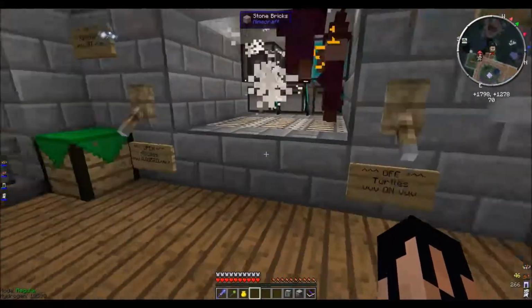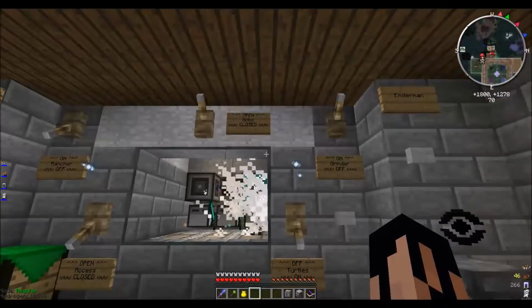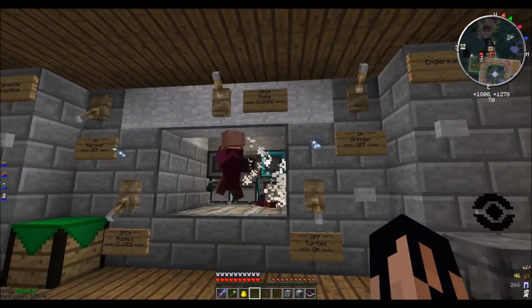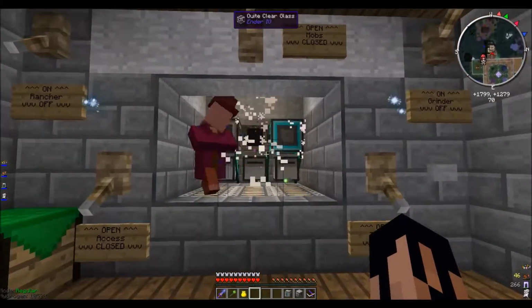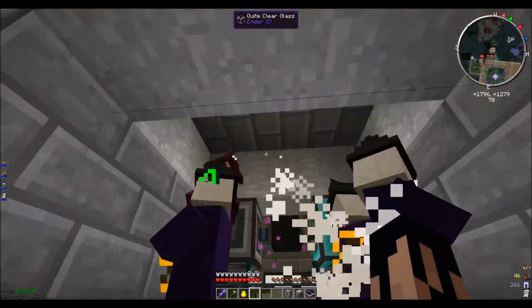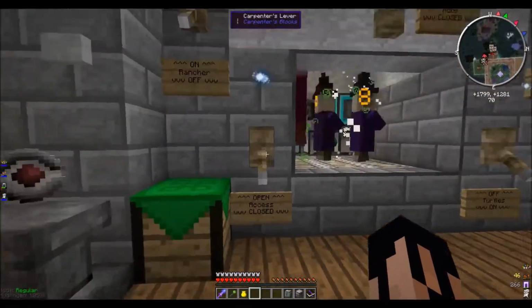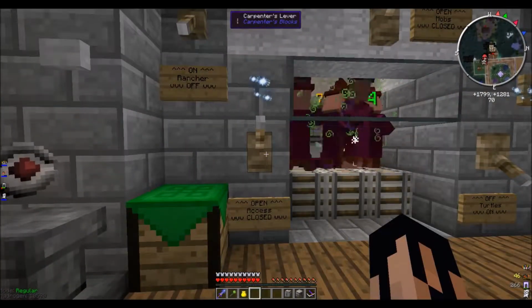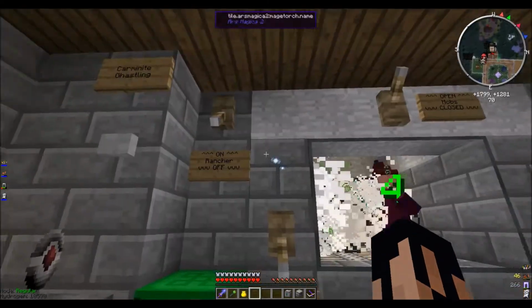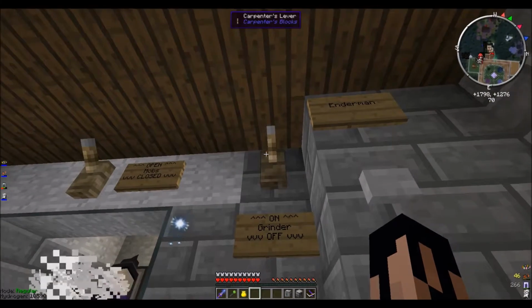I also added signs. These are convenient for figuring out exactly what you want to happen. So we can open and close the floor there for the mobs to fall down. We can open and close our access hatch here. We can turn the rancher on or off, the grinder on or off, and I have it on right now